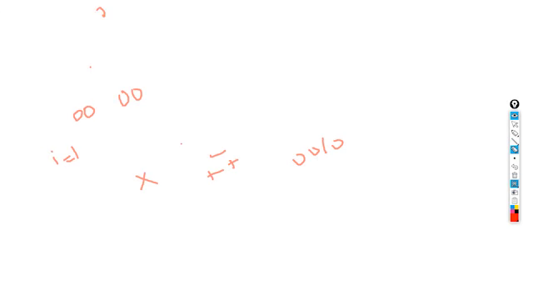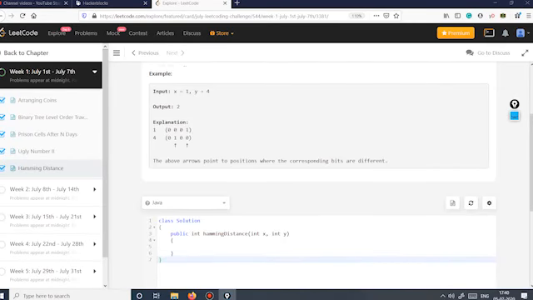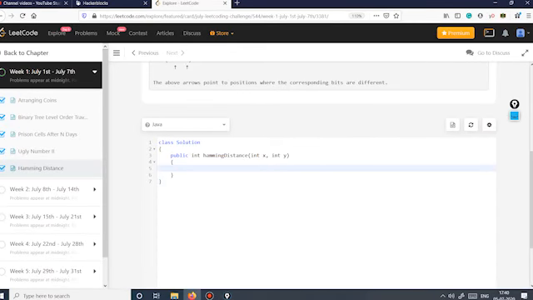So the solution is very simple. This is a very easy solution if you know bit manipulation, and if you don't, then this becomes a really difficult problem, because you convert that x into binary and then do other operations, right? So int a is equal to x XOR y, we have this XOR. Now I need a counter also, so int counter is equal to 0.